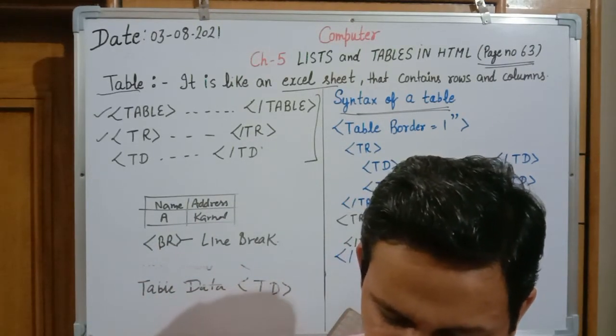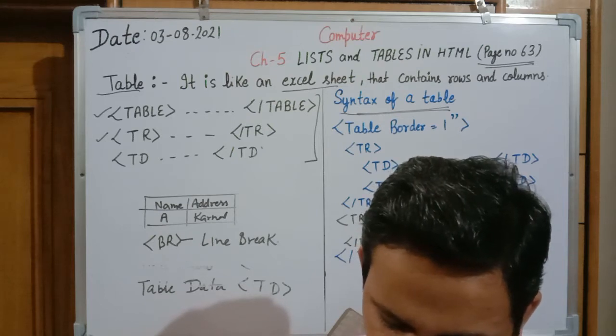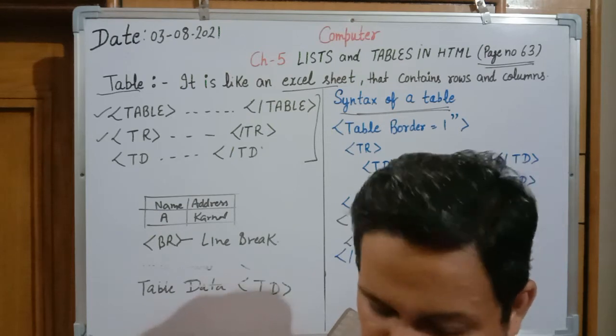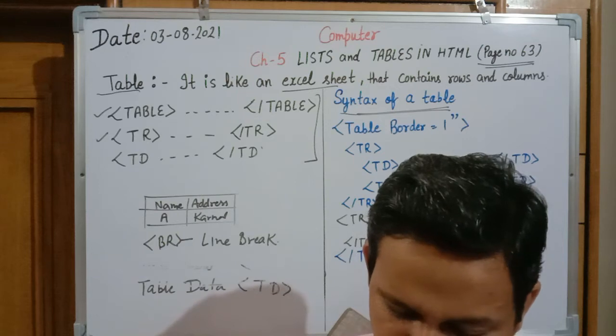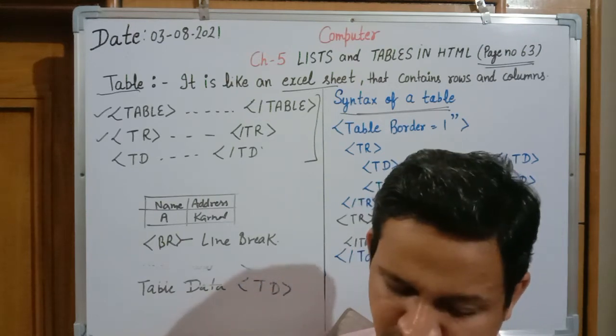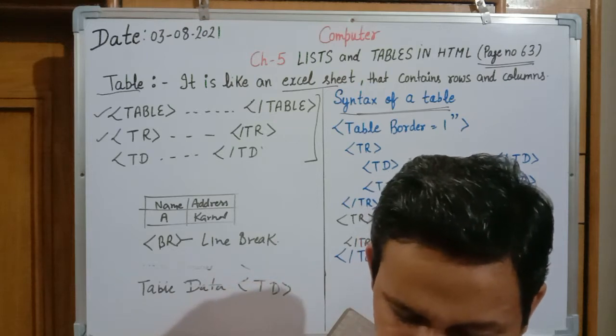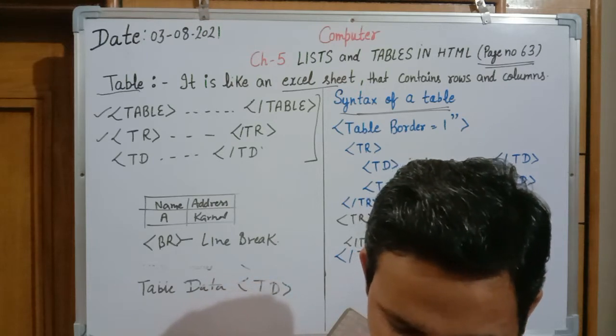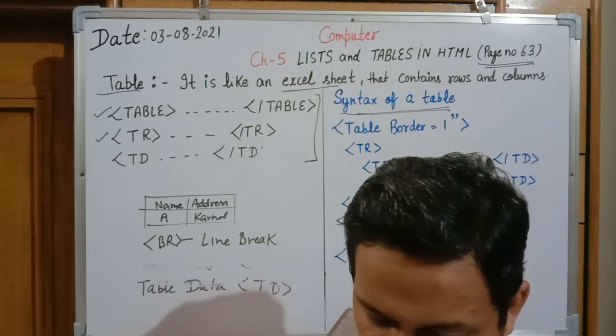In the second row we have given TD Sumit, TD 256, TD pass. Afterward the second row is complete. It's closed. In the third row we have given TD Mandeep 279 and pass. Afterward the third row is also completed. In the fourth row we have taken Kiran 298 and pass. The fourth row is also completed.